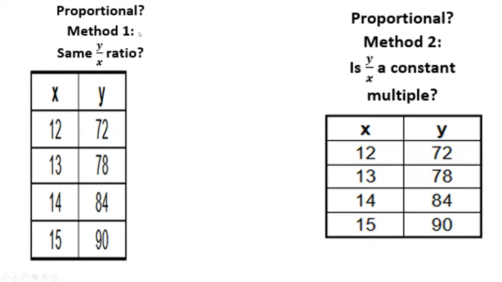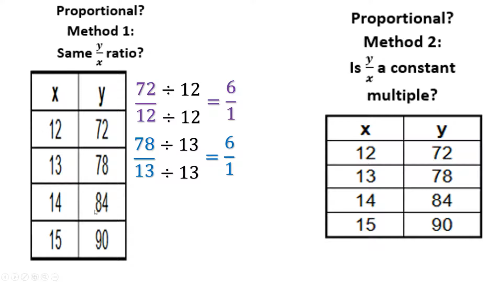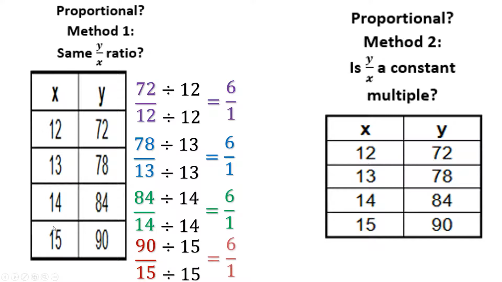So first, looking at method 1, you're going to set up the y over x ratios. So therefore it's 72 over 12, and then you simplify it as much as you can. The second ratio is going to be 78 over 13. It's y over x. And then you have 84 over 14, simplify as far as you can, and 90 over 15, which simplifies to 6 over 1. So using method 1, we find that all of these have the same constant proportionality, which is 6 over 1